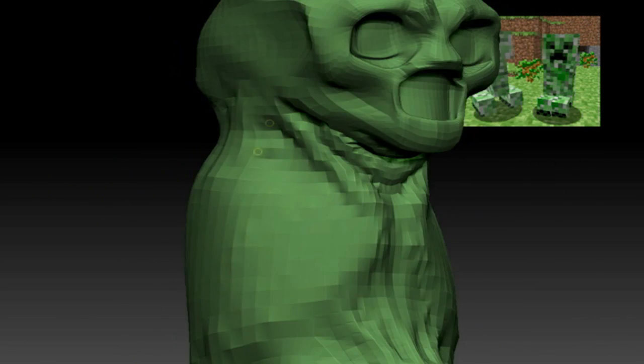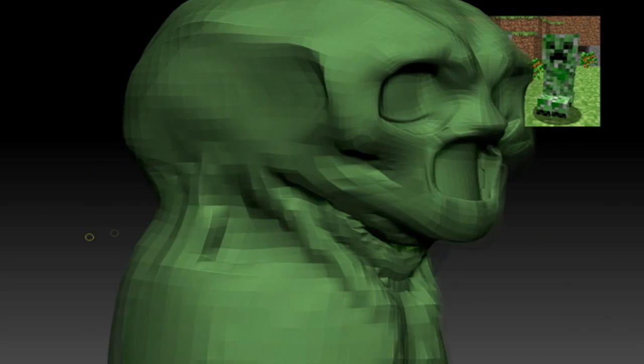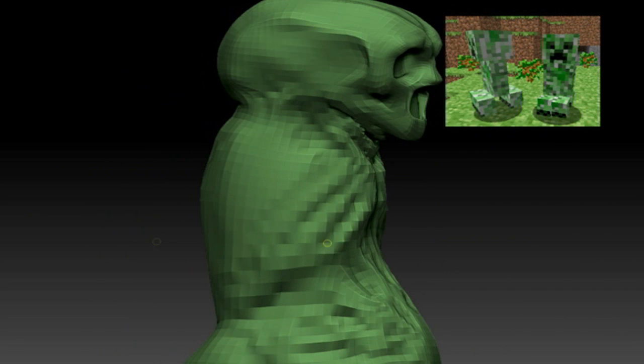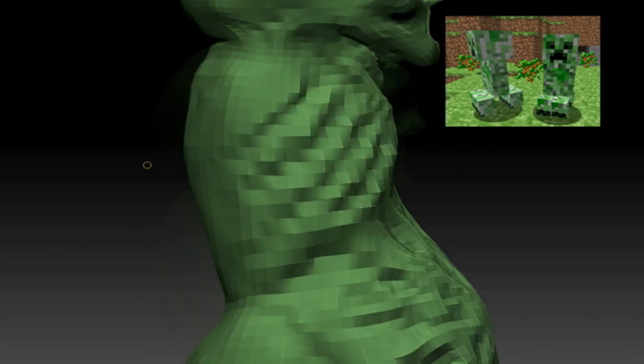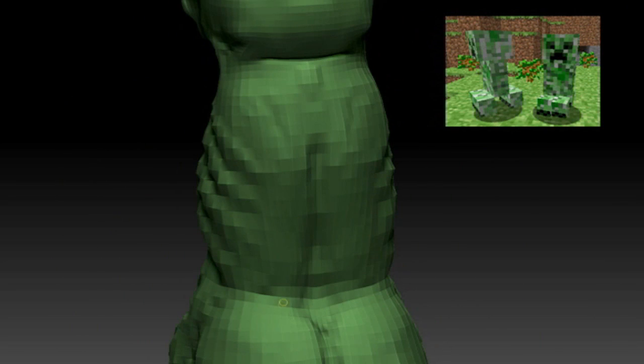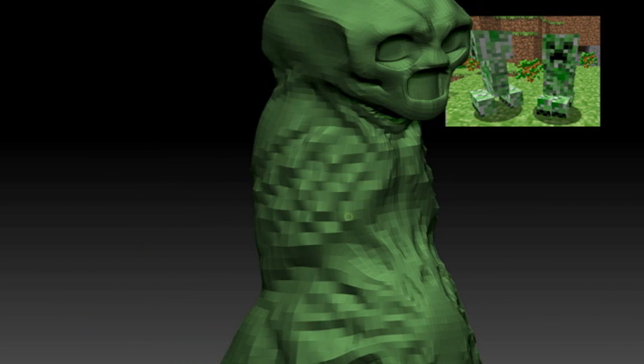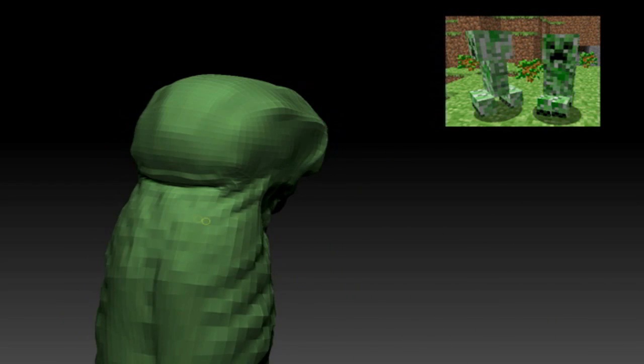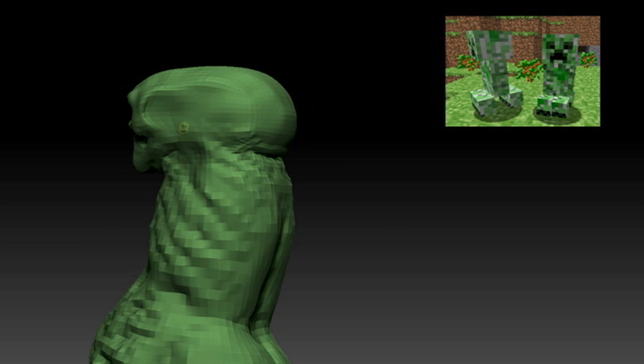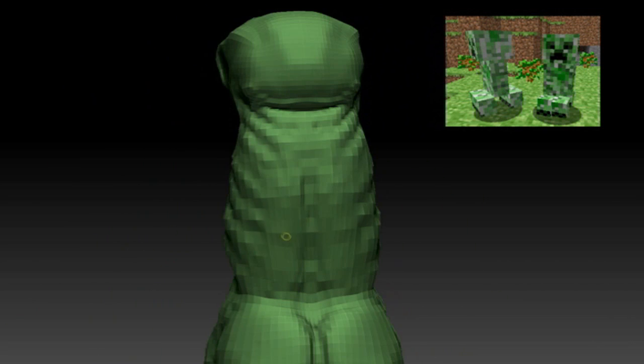And right here, I'm doing the ribs, the actual ribs themselves, and it will actually look pretty awesome. So I want to give this somewhat of a humanistic sense as well, so it can't be too fantasy. Like I said, I'm bringing this to life, and you have my word when I say that.